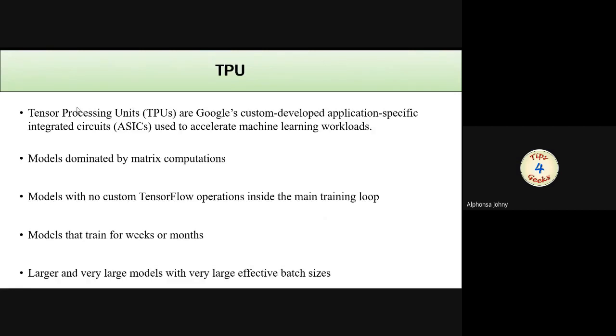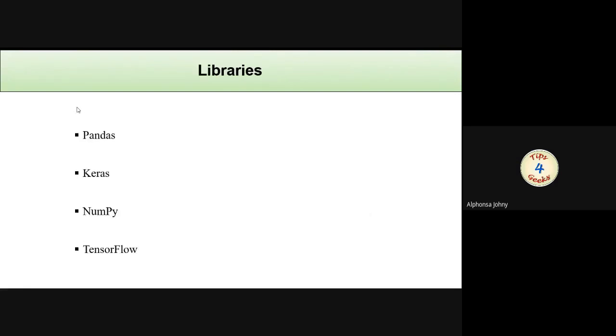In the demonstration, I will show you how we can change the runtime. Then, Google Colab provides the import of different types of libraries. These libraries can be effectively integrated into our project, and we can make use of the functionalities present in them. First and foremost one is Pandas. Pandas is the short form of panel data. It's an open source Python library providing high performance data manipulation and analysis tools using its data structures.